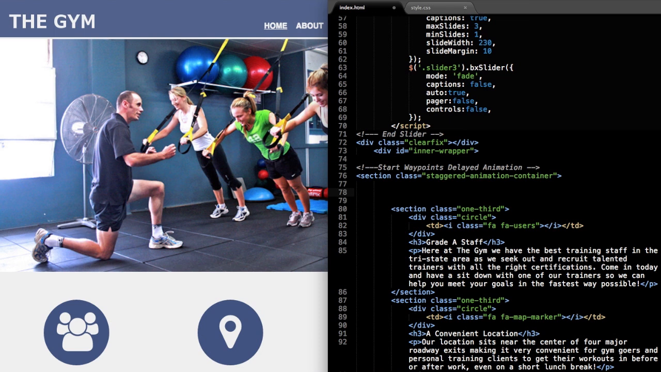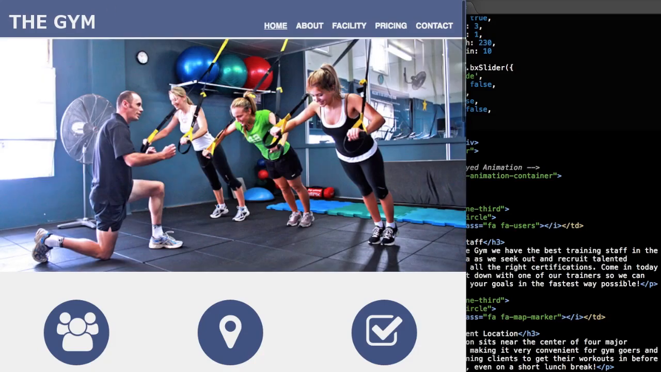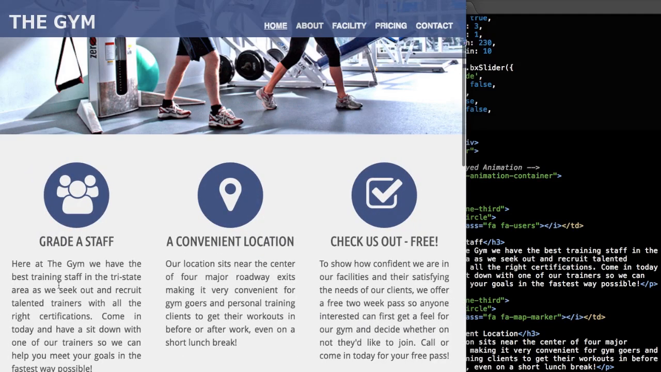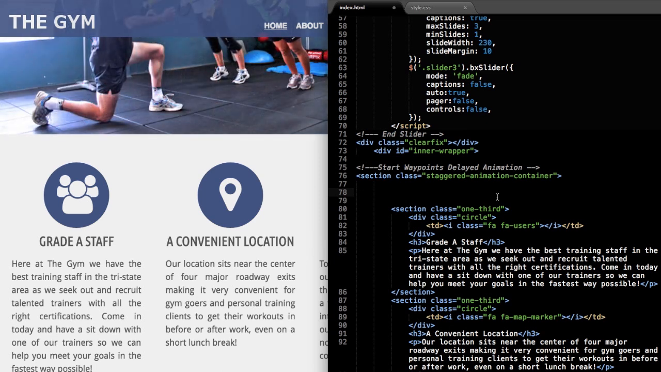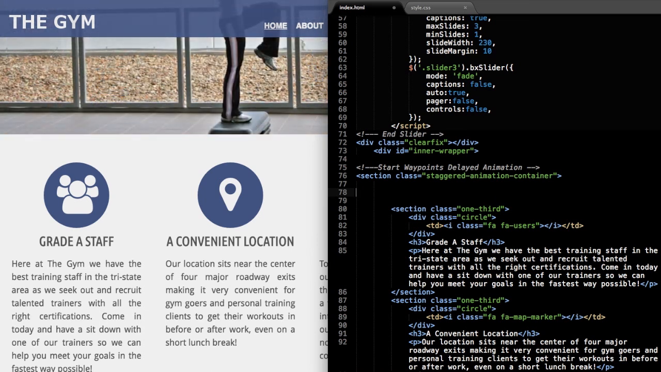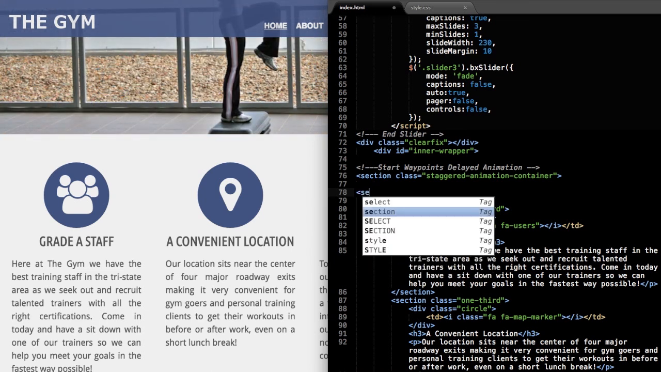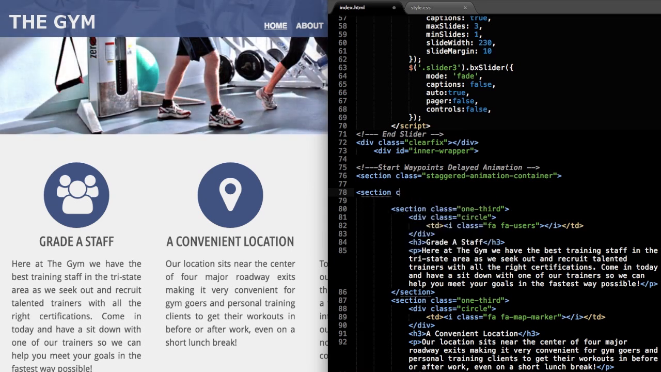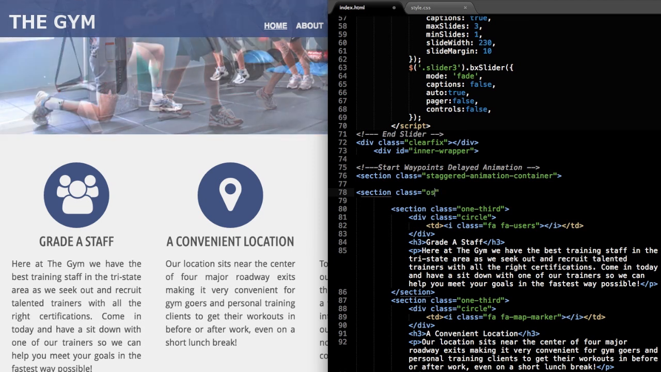Alright, so let's start our first animation here. So what we're going to do is we're going to wrap the first 1/3 section that we have with some animation. So that's this section here with grade A staff. So that, as you see, is going to kind of slide in from left to right when we refresh the page. Alright, so let's start with a section class. So we'll use the section tag here, and we'll call this section class